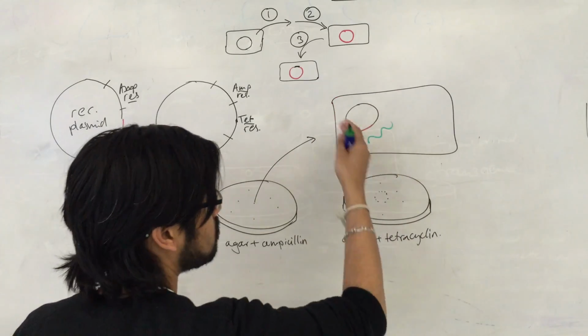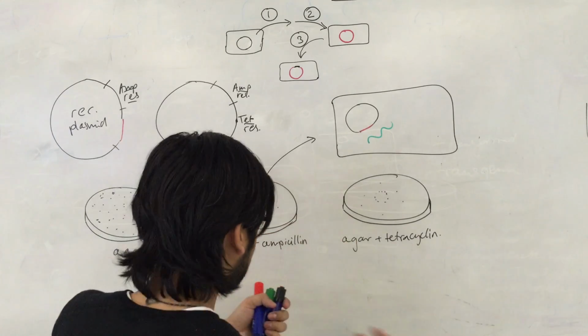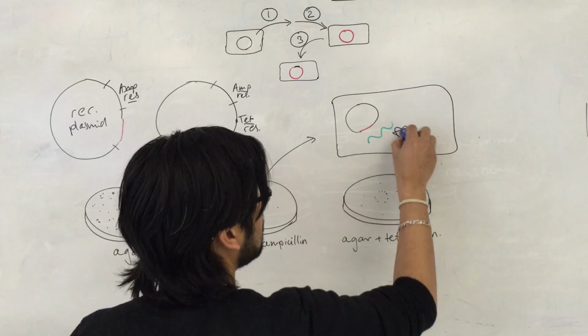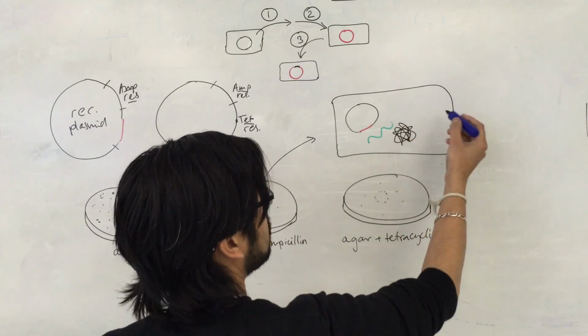RNA polymerase is transcribing the gene. The ribosomes are then translating the mRNA to make protein or whatever product,